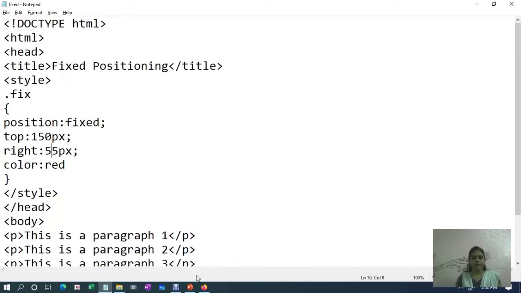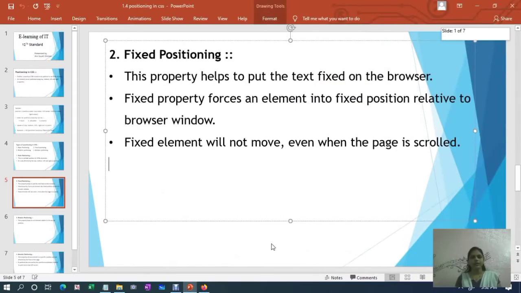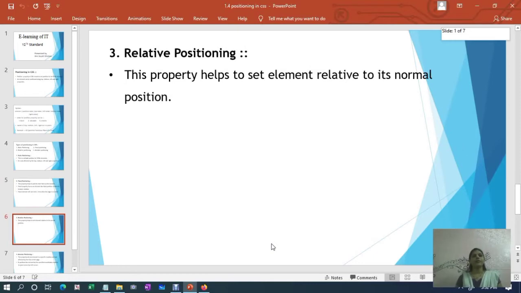Now let us move to the next type of positioning. Until now we have seen two different types of positioning. First one was static positioning, that is the default positioning. Second is fixed positioning, and the third one is relative positioning. This property helps to set an element relative to its normal position.